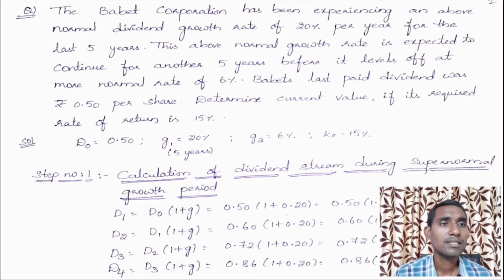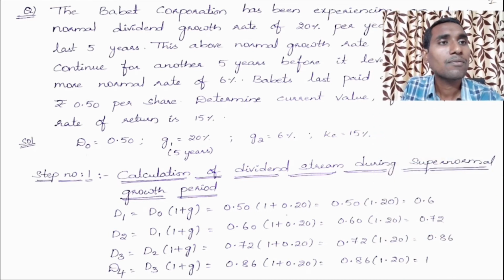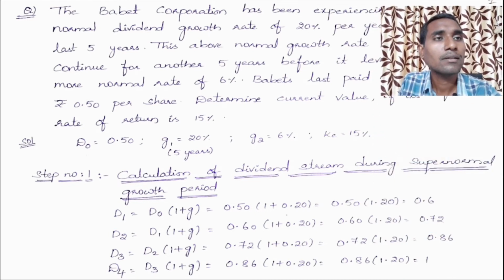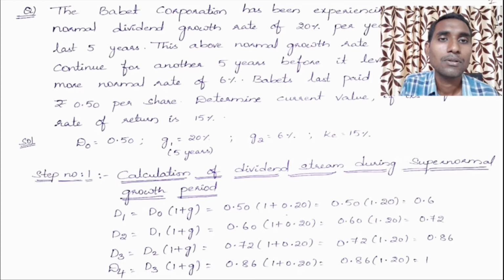See, dear learners, in the last session we have learned that whenever there are two growth rates in the problem, we will solve using the multiple growth rate model. So if you want to apply the multiple growth rate model, there is a series of sequential steps to be followed. So step number 1,